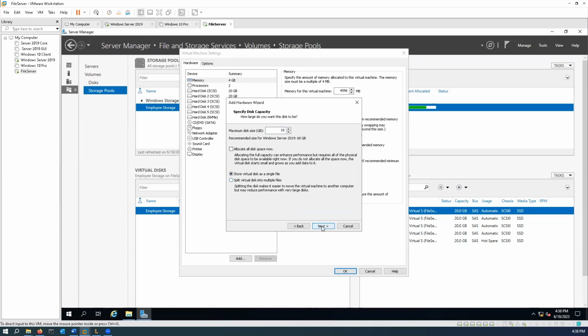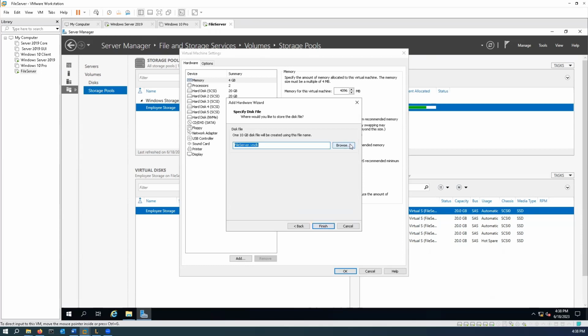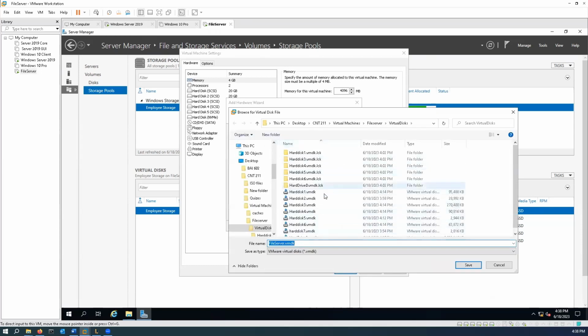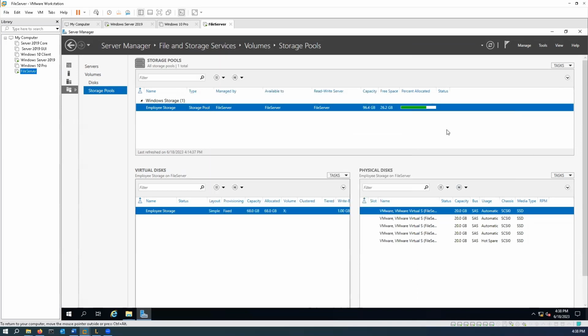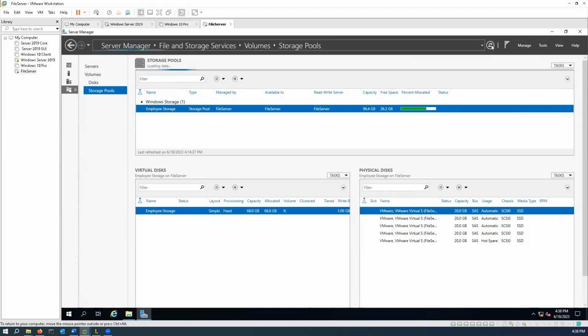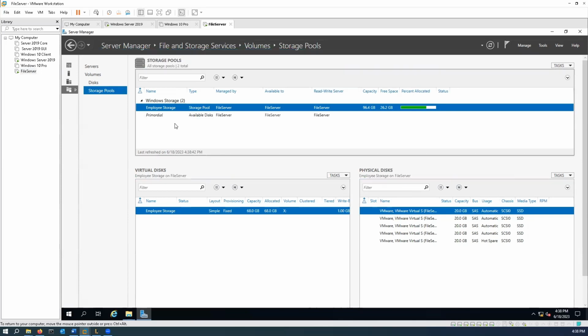Store it as a single file. Click next. We'll browse, and we're actually going to name this one log disk. And make sure that we have that saved in our CNT211 virtual machines file server virtual disks folder. Click OK, click Finish, click OK, and we will refresh our storage pools so that we get the extra